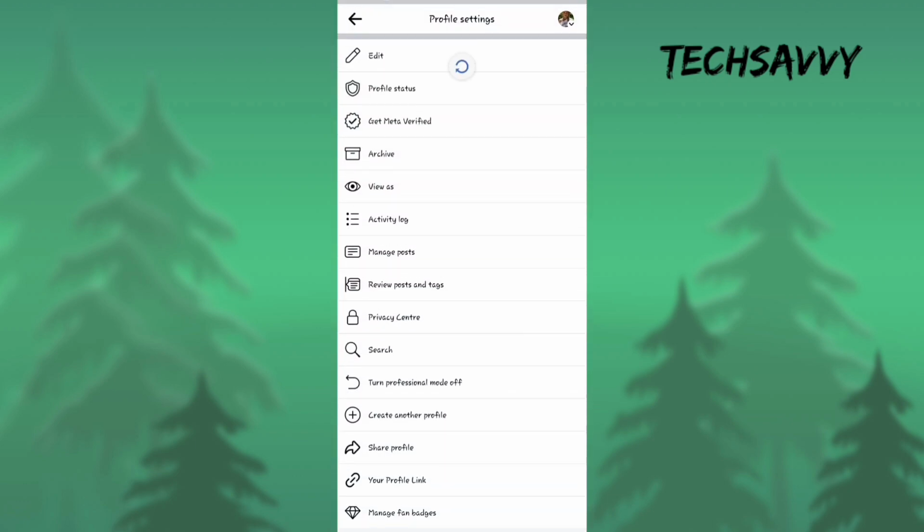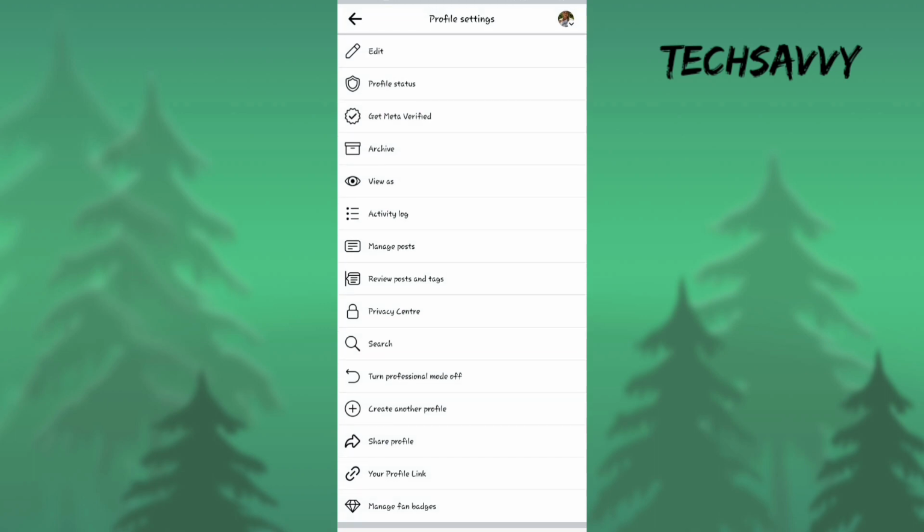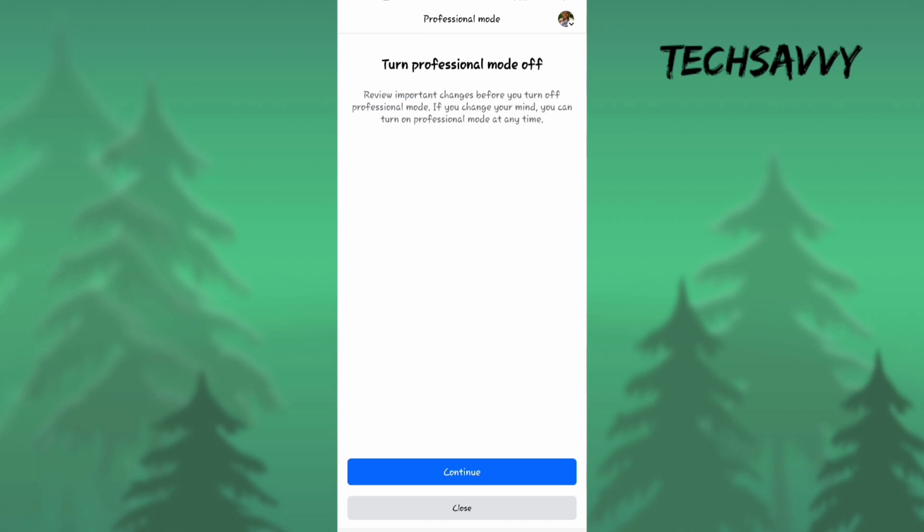and now we have a number of different options. Here you can see an option called Turn professional mode off. So simply click on Turn professional mode off, and now here it's saying Turn professional mode off, and we'll click on Continue. So click on Continue,